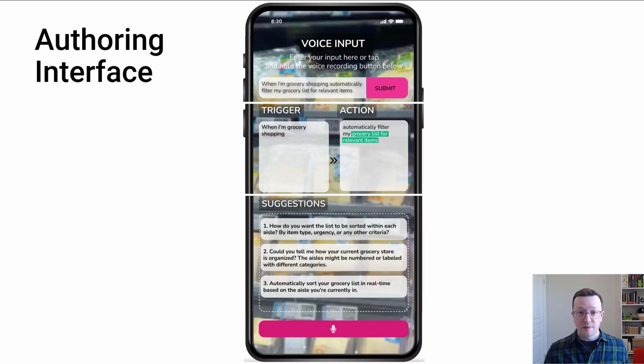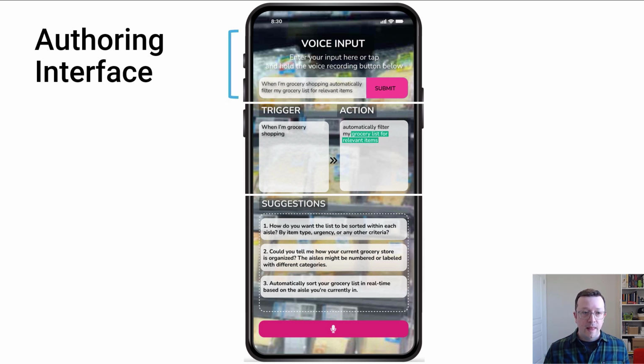So here's the interface to World Prompter. We implemented it as a mobile app prototype to quickly stand up the idea, but I'll note that the main interaction with the system is via voice, so it would be straightforward to translate to, say, smart glasses with a heads-up display. Okay. To start creating a CDP, the user can press a microphone button and speak a query to